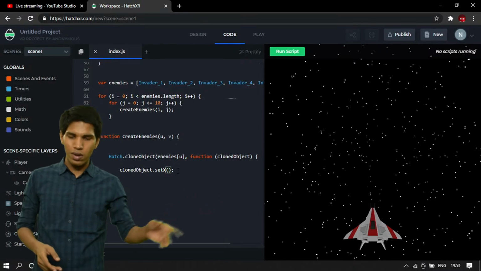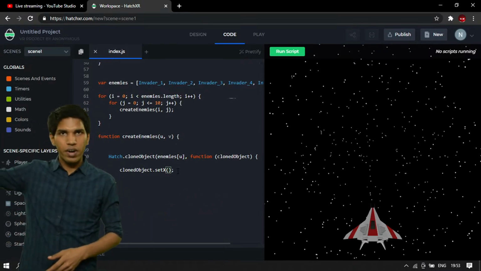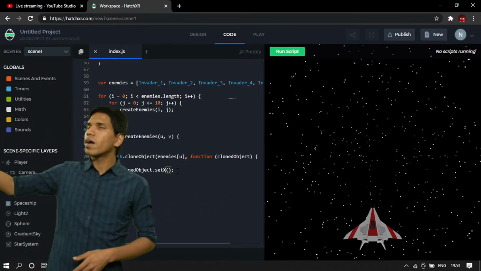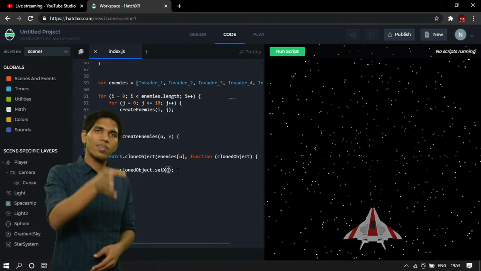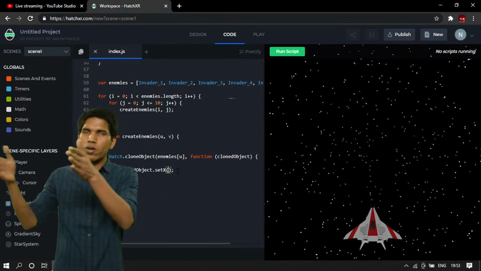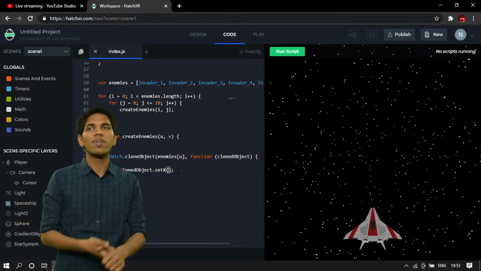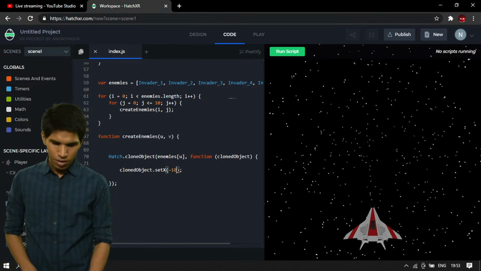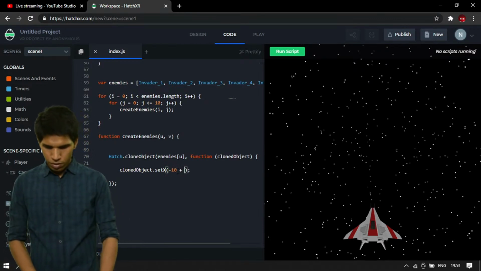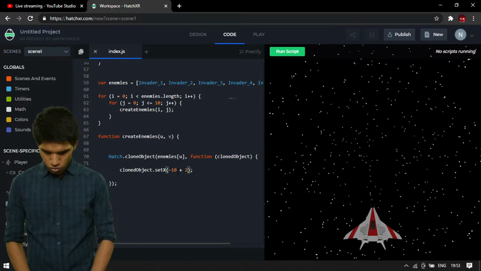So the very first object gets created at -10 in the x position, then the next object at, let's say, -8, then -6. We keep on adding 2. We can give each of those enemies a space of 2 units. So I can do that by saying -10 plus 2 times